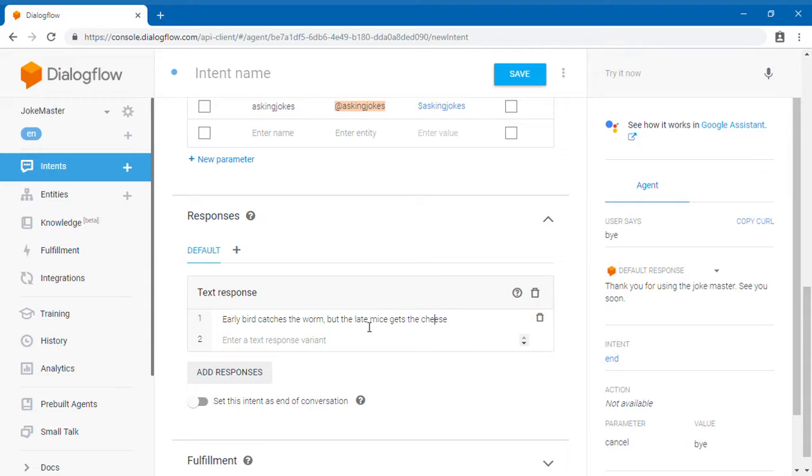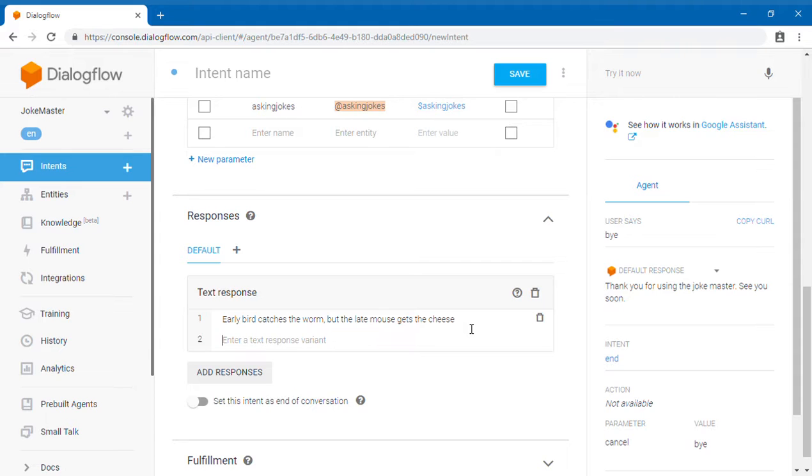Oh, mouse, no. Okay, then I'm going to add another. What should I add? Let's check for any other jokes, and you can add whichever you want. I'm just not getting any jokes into my mind right now.